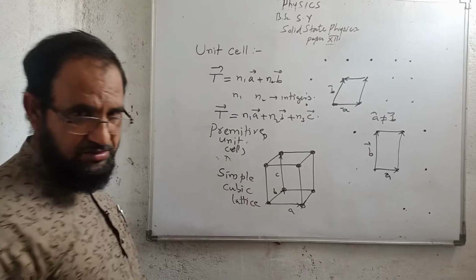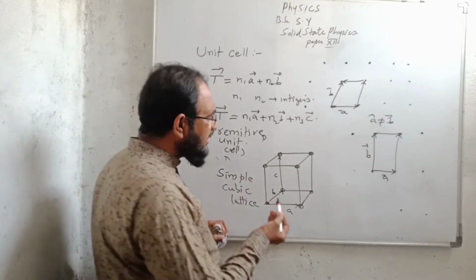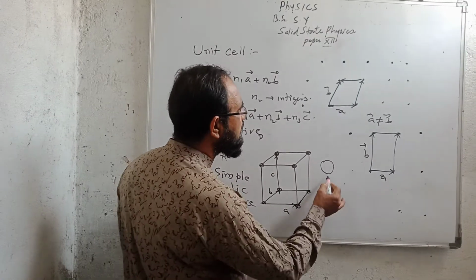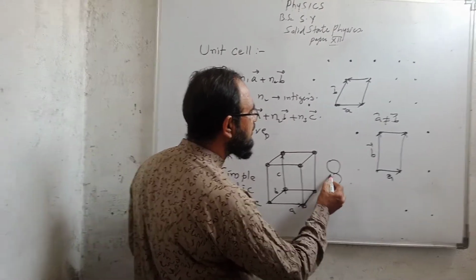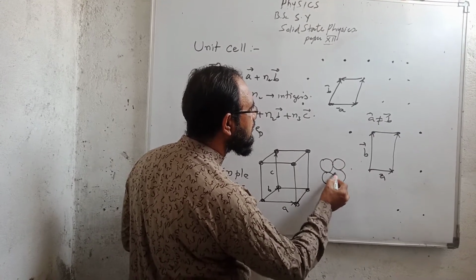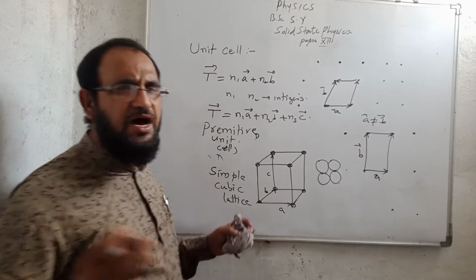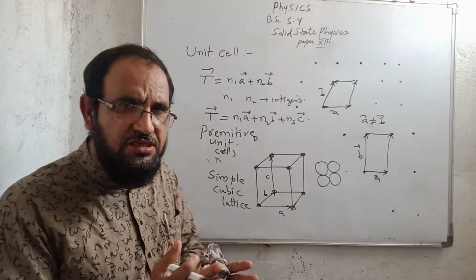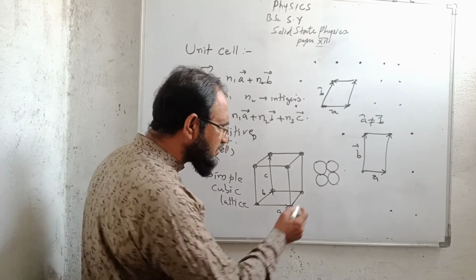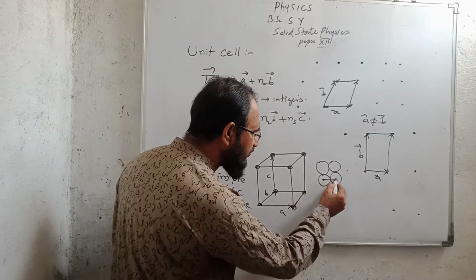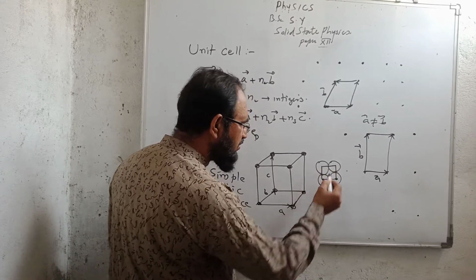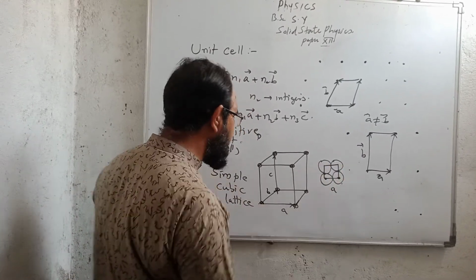If we see the actual picture, then we can say that this is one molecule, this is another molecule, this is the third molecule and this is the fourth molecule. Means molecules are compactly arranged. Here we are showing some distance, they are separated by some distance. So this distance is the center of one molecule to the center of another molecule.